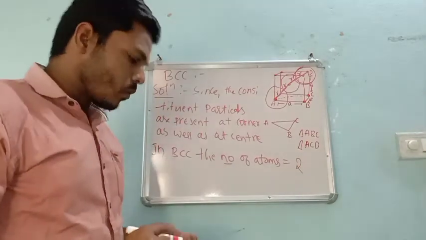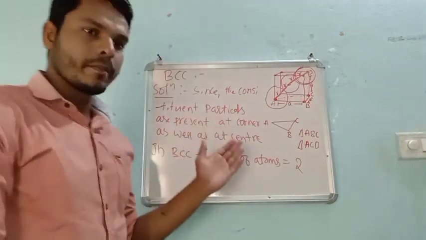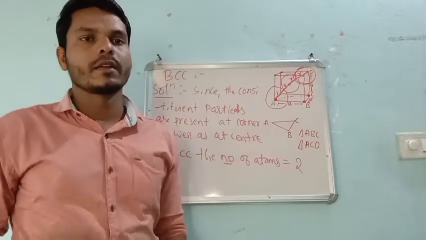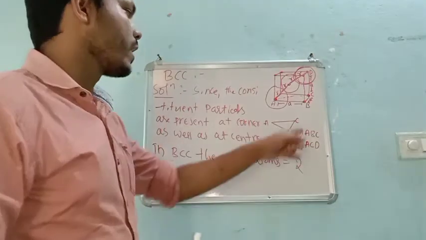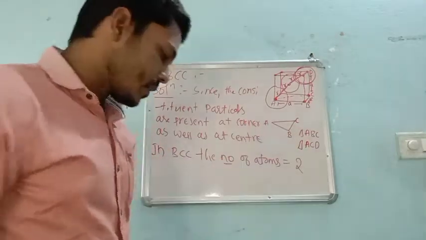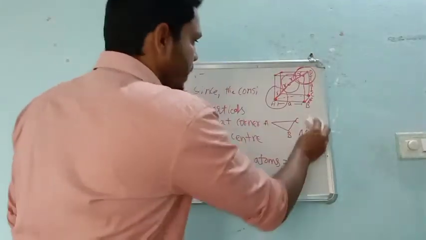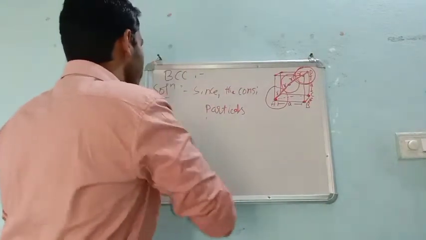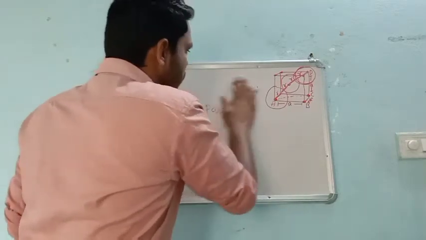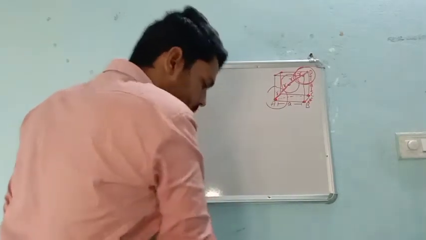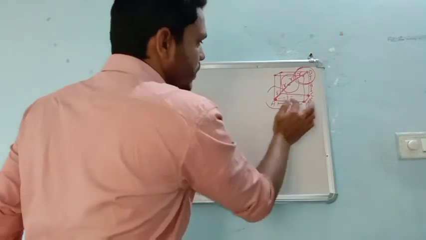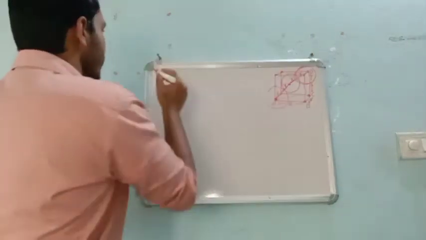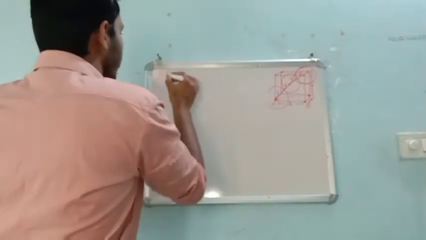So this is the thing we have to mention first. That means we have to explain what the unit cell is, and then the number of atoms present in that particular unit cell. After doing these two, we can directly move ahead, right? In the last class also we did the same thing for the simple unit cell. So here also we are doing the same thing. So now take triangles. Already we know there are two triangles, triangle ABC and triangle ACD. So first let us take triangle ABC.